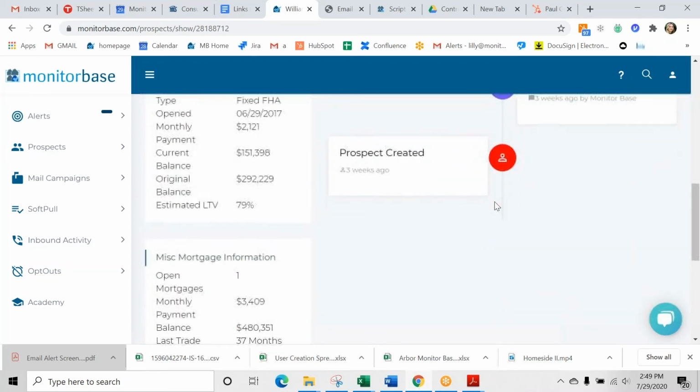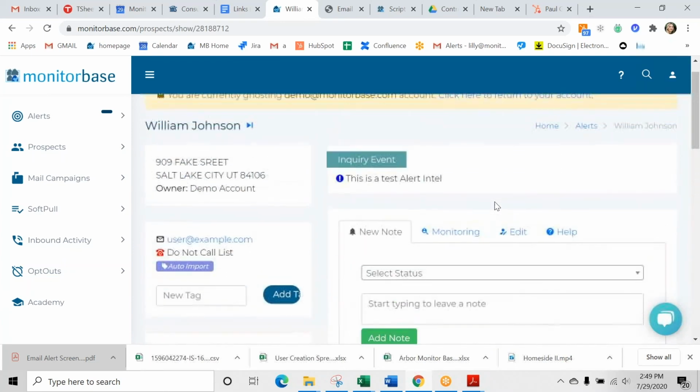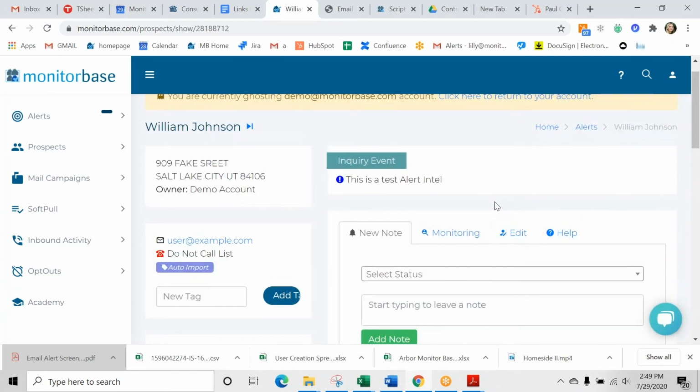Okay, so keep in mind, again, there's a reason why you get to view this credit information. I'm not a loan originator, so I wouldn't just be able to go and look up anybody's credit information just for fun. The reason you're able to is because you're able to make an offer to these borrowers for a loan or a refinance.